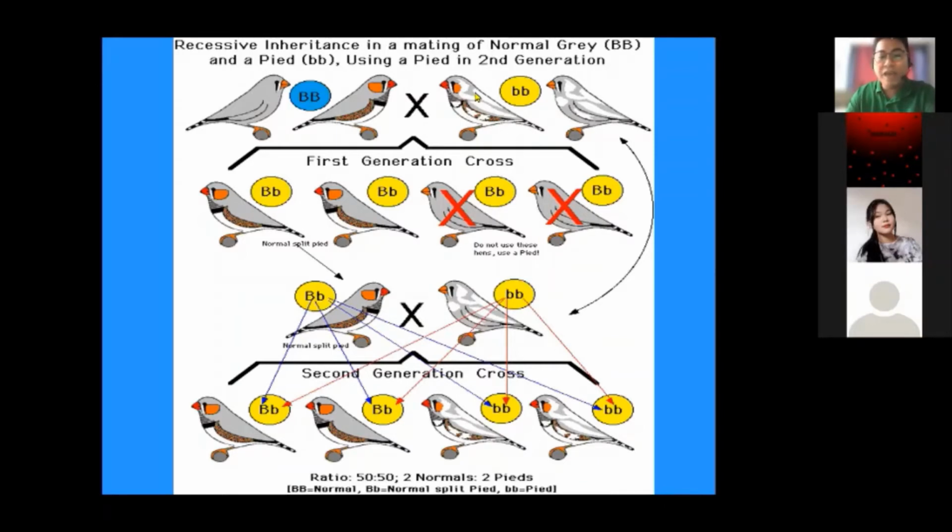Ayan. So we have 50-50%. So 50% of this one, and then 50% of this one, kasi nga, dominant pa rin sila. They are still dominant. Yun talaga ang lalabas. Hindi masyado itong lalabas. For the second generation, na kung saan ito ang gagamitin natin, which has this BB trait, and then the next one is this BB trait, it will be 50-50. So 50% ng recessive, and then 50% ng may dominant.